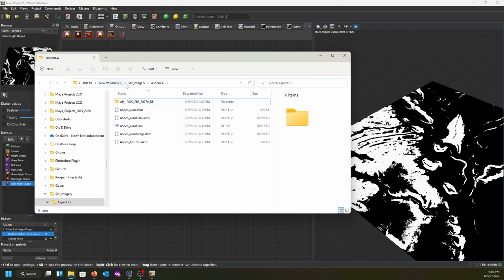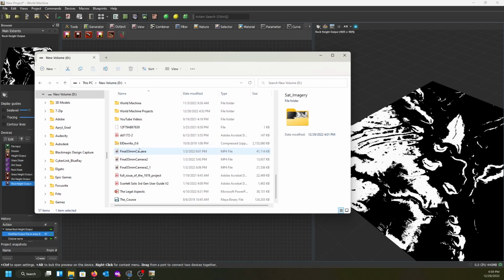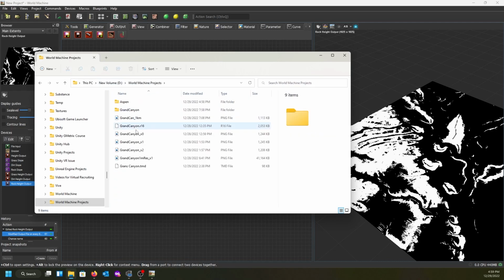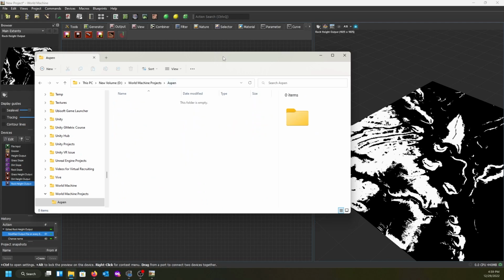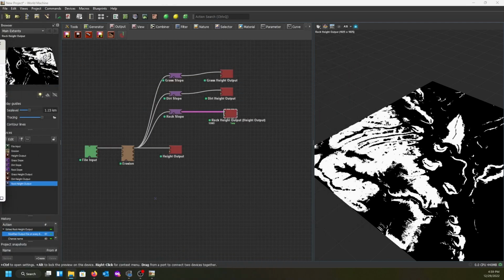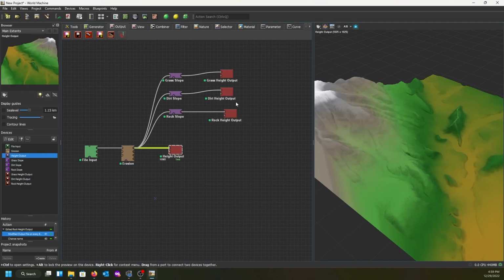go ahead and go back into my volume D here, go to my world machine projects. All right, so inside my Aspen folder here is empty. When I go to build this, okay, so we're going to go ahead, and it doesn't matter where we have it selected,